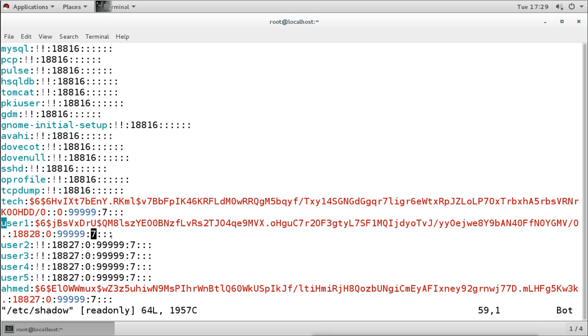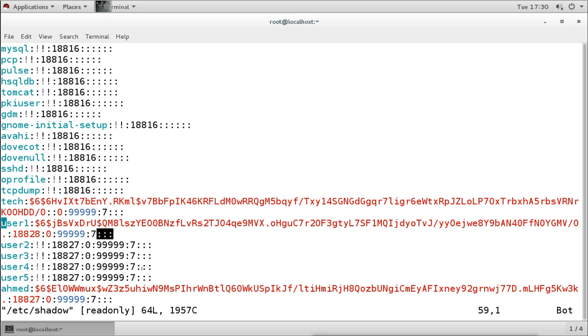These two values are empty by default: password inactive and account expire. They are not mentioned, so they are set to default, and that means they are -1.